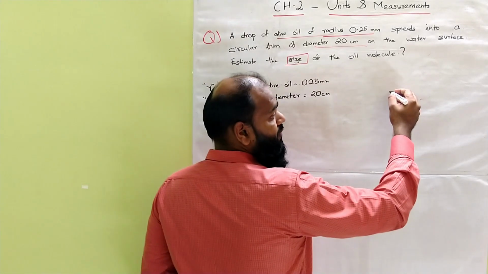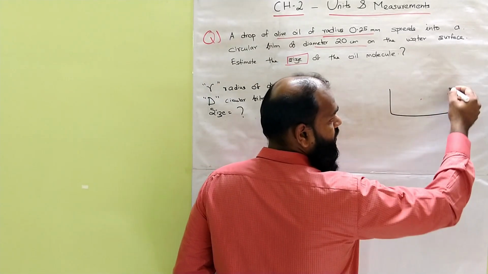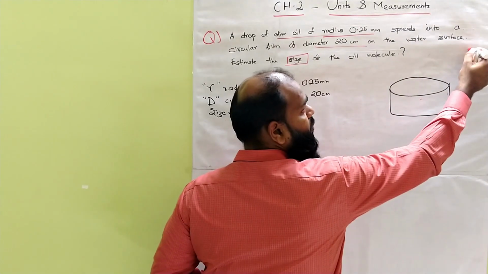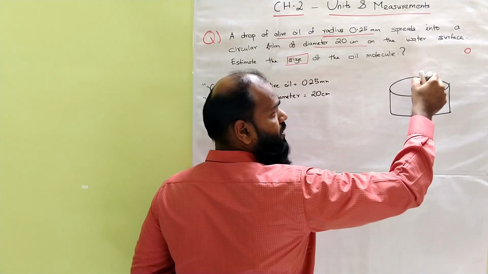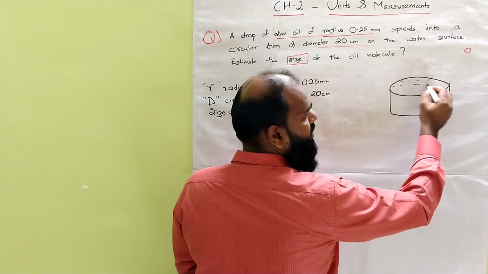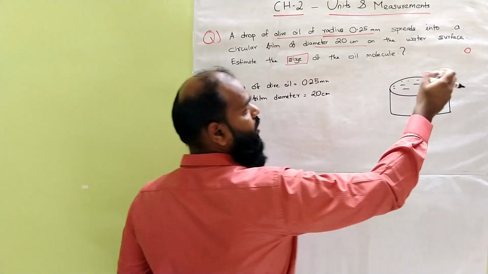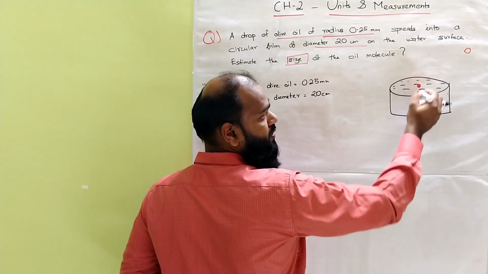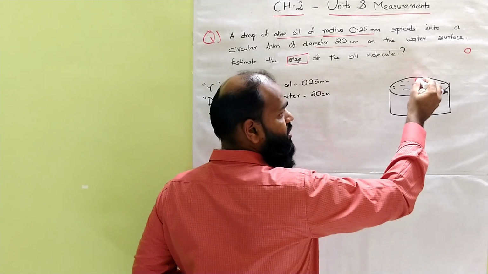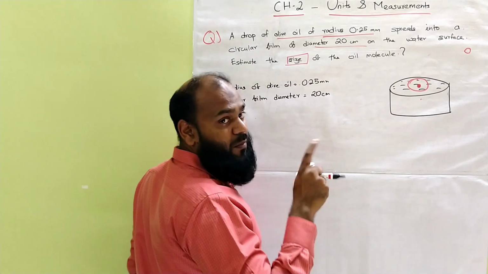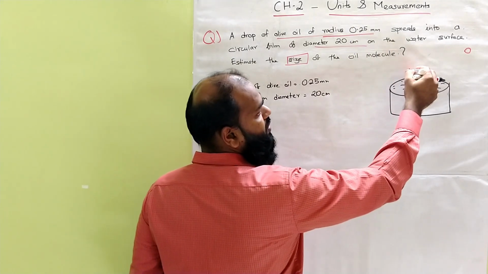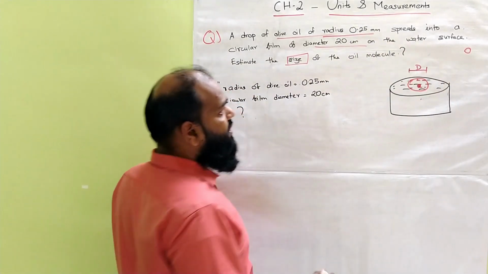We know that we have a large trough, nothing but a large bucket which is filled with water. A small drop of olive oil is dropped into the water. So let's say this is all filled with water. A drop of olive oil is dropped into the trough. Then the olive oil spreads on the surface of water, forming a small film on the surface of the water, which is circular in shape of some particular diameter, capital D, which is 20 centimeter given.